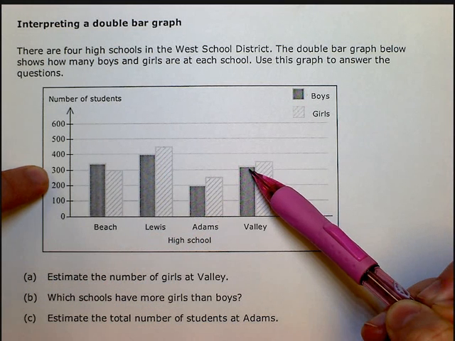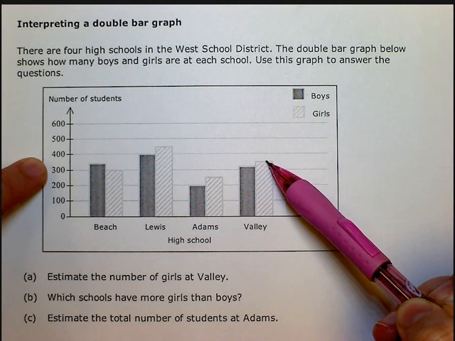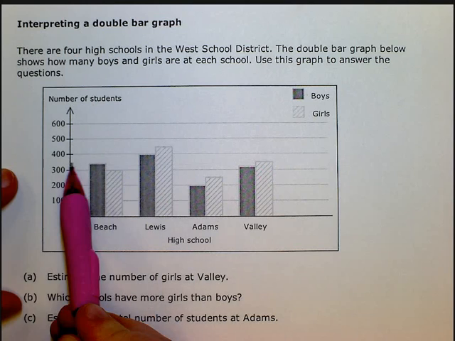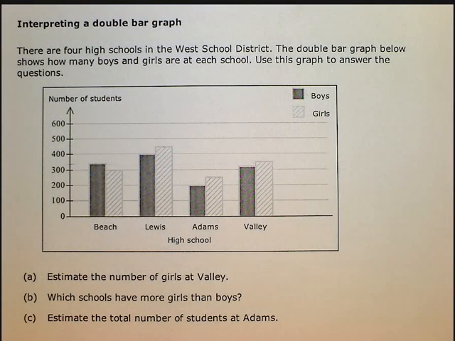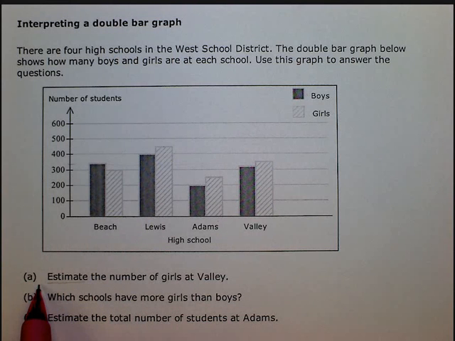We're just estimating here. Valley maybe has 310 boys and 340 girls. I don't know. We're just estimating because we see that this is approximately right there. So we're just taking a guess. Okay? So it says estimate. Now again, estimate. We can't know exactly because this graph isn't quite detailed enough, but we're going to estimate the